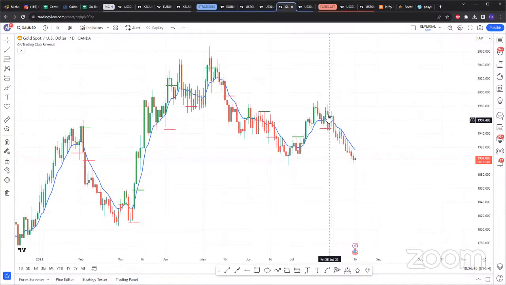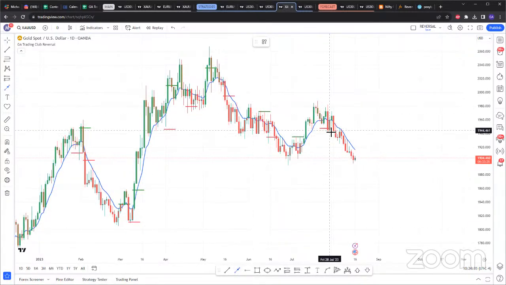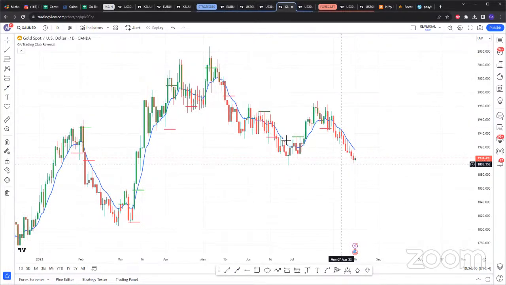So for example, here, when you have this daily closure below here, you could have turned on sells only, and you could have been banking this whole time. Now, the key is to know the parameters you need to set. You could have done sells only here, and this move to the upside, from 1944 to 1970, that's a 25 pip, I'm sorry, 250 pip range. You can survive that retracement, and then you can bank again. You keep banking on the way down.